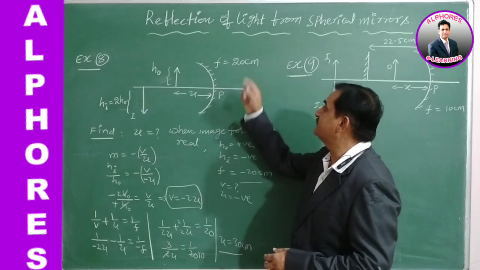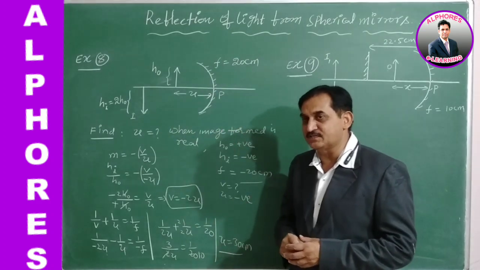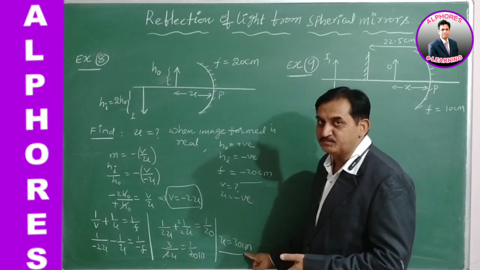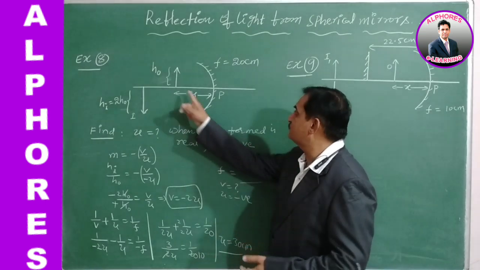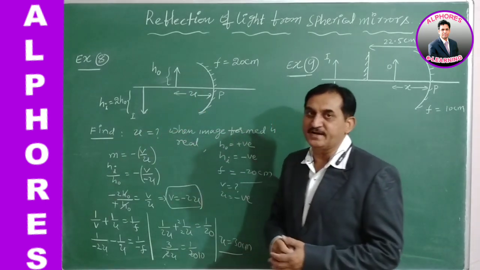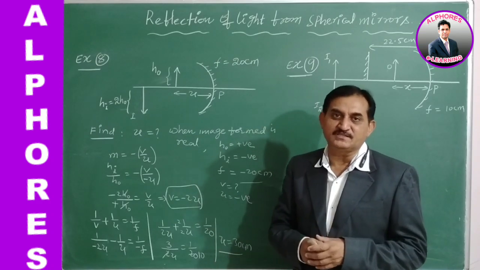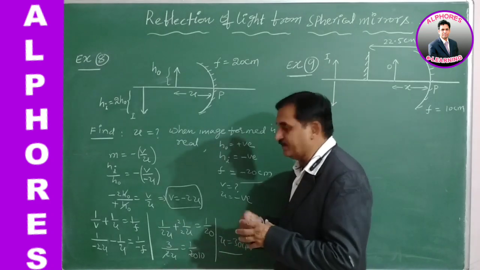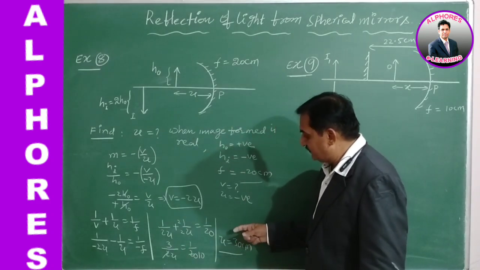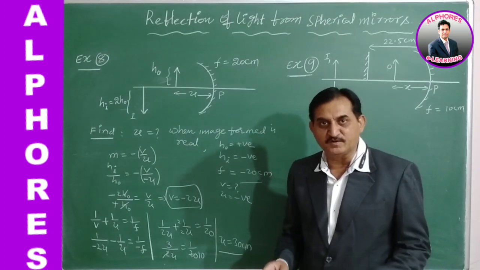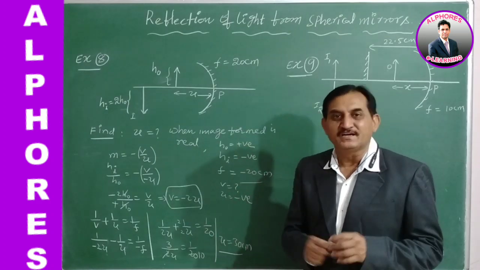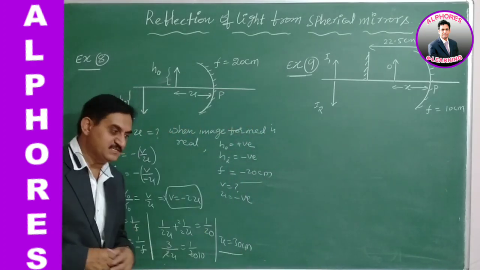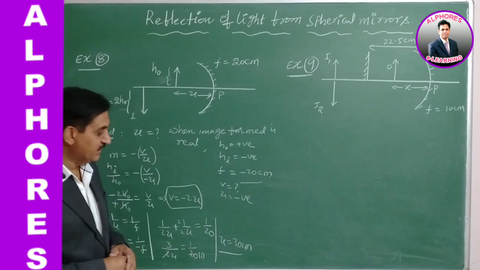The focal length is 20 centimeters, so the focus point is at 20 centimeters, and the object distance obtained in the answer is 30 centimeters, which is beyond the focus point. If the object is kept beyond the focus point, the image formed is definitely real. Therefore, it is verified clearly. For the object distance of 30 centimeters, the image size will be double the object size, and the corresponding distance obtained is u equal to 30 centimeters.